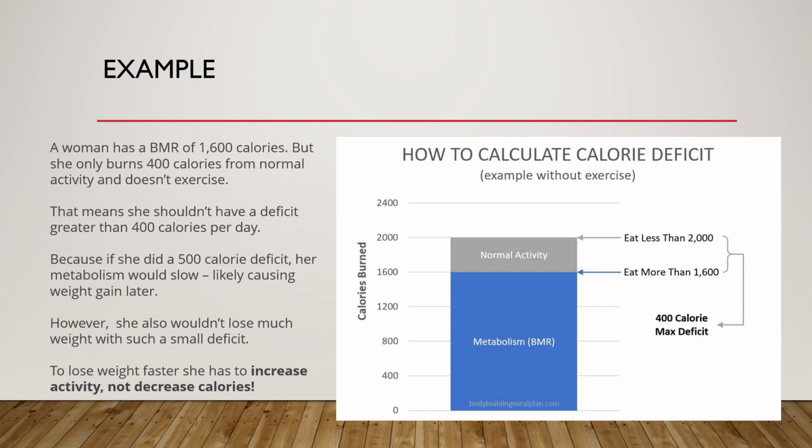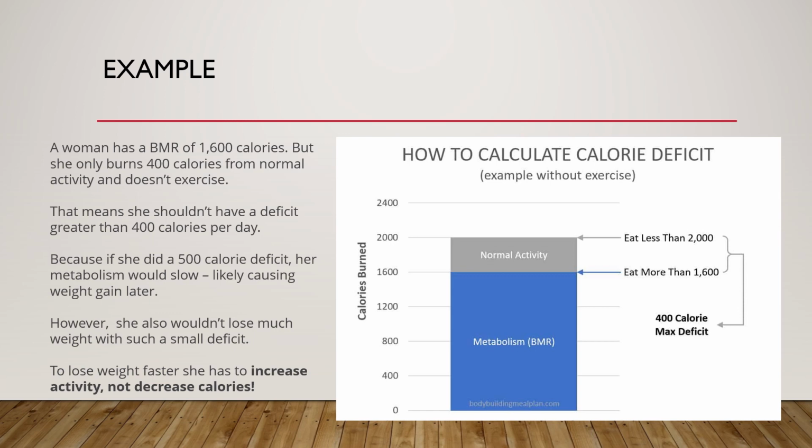again. So depending upon your metabolic rate and the normal activity that you do, you need to understand how much calorie deficit you can afford to actually lose weight and not gain it back. Here is what most people get wrong. For a person who's not working out, she is daily using like 1600 calories, that is her BMR, and she is burning like 400 calories daily by normal activities.